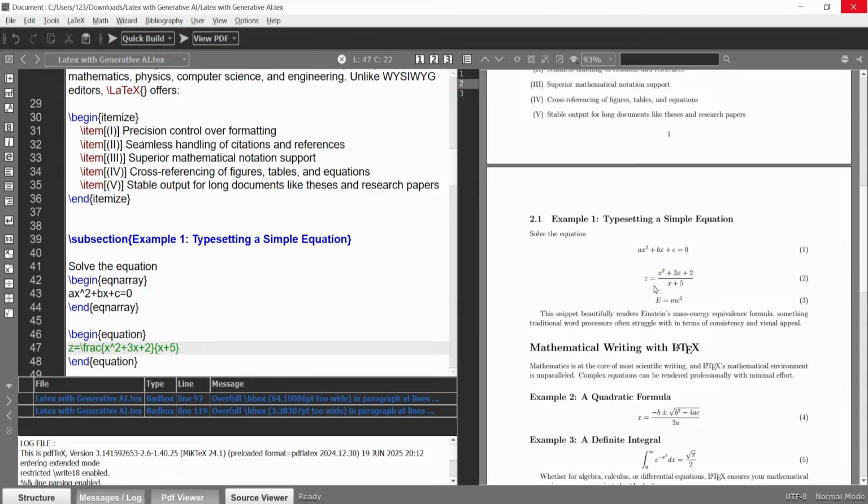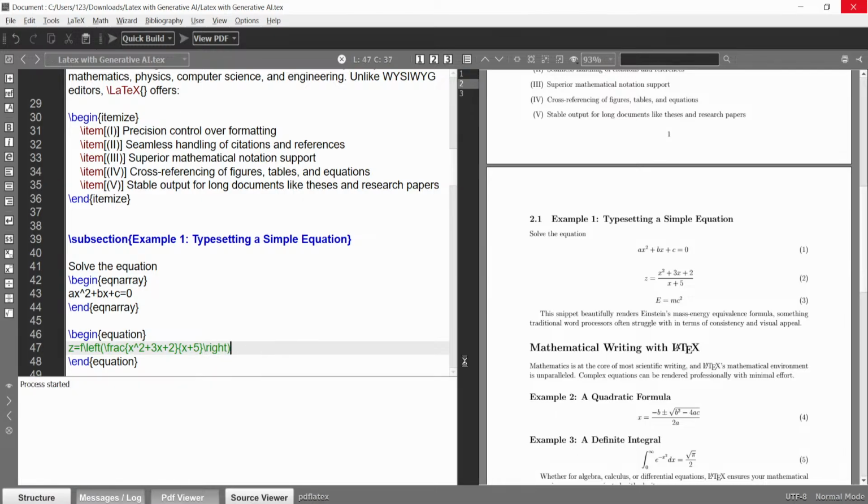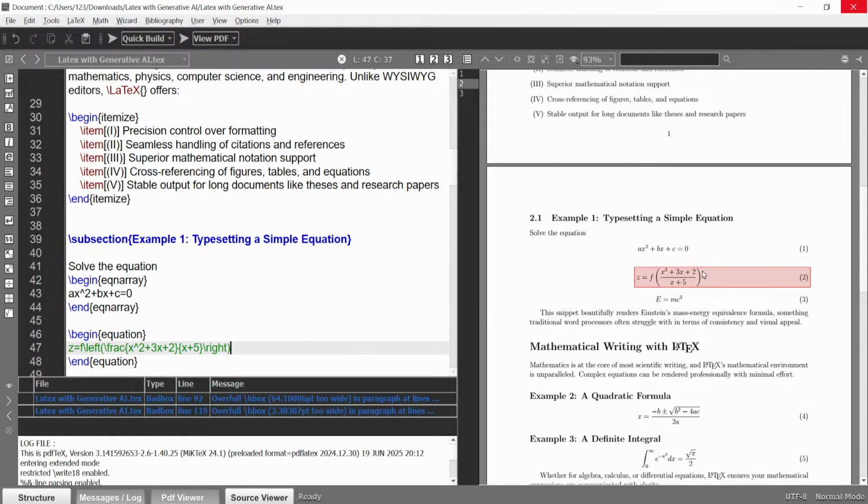Okay, z is equal to this one, and if you want a function, suppose I have f, then you will use slash left, this is the left bracket. And on the right hand side I have slash right bracket, and when you build, you can see we have a function.